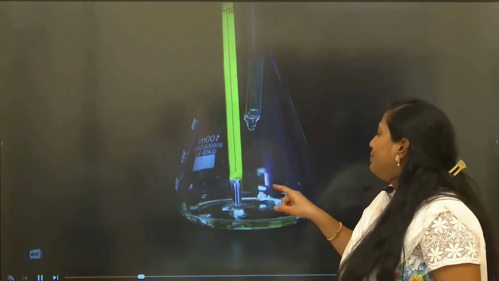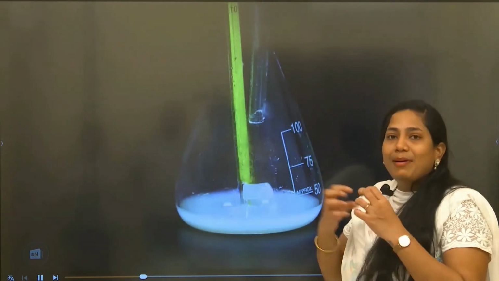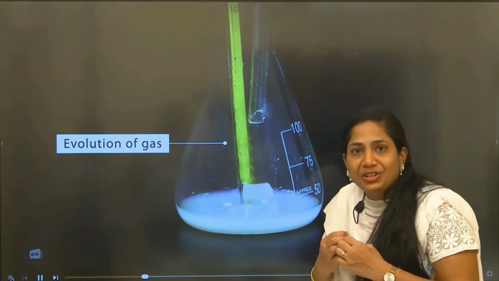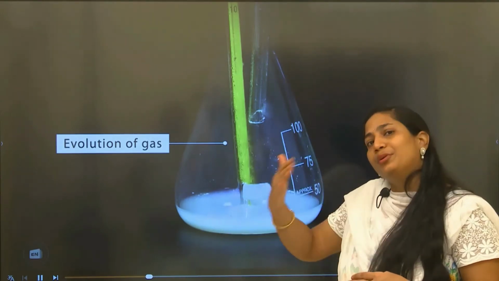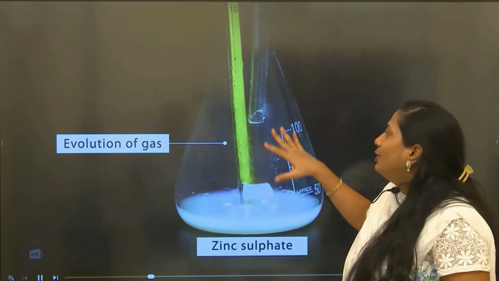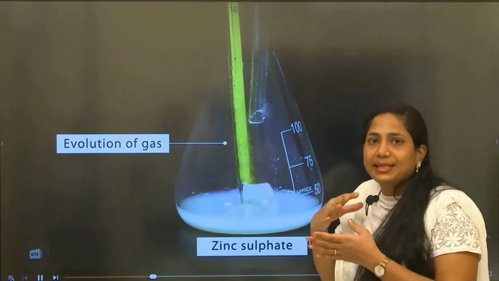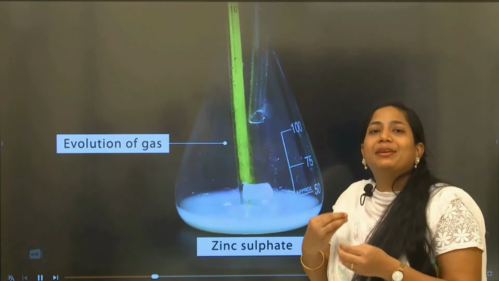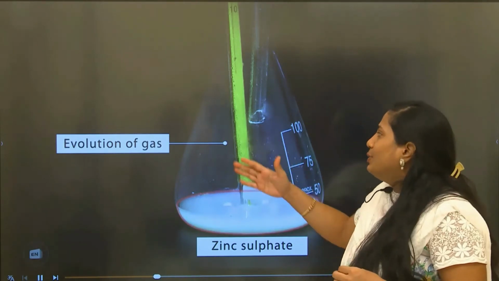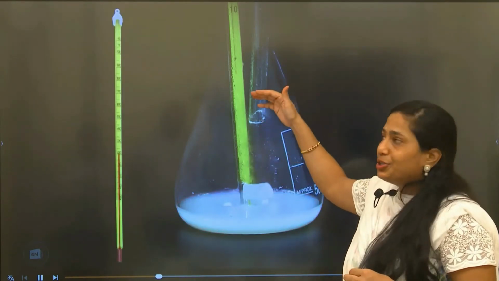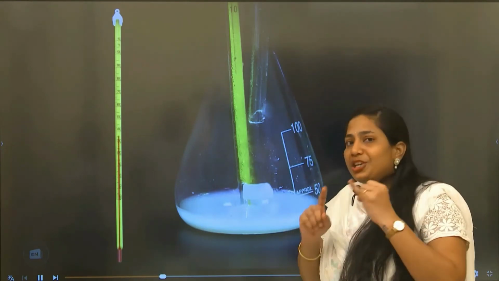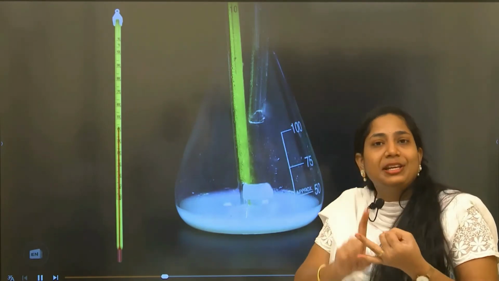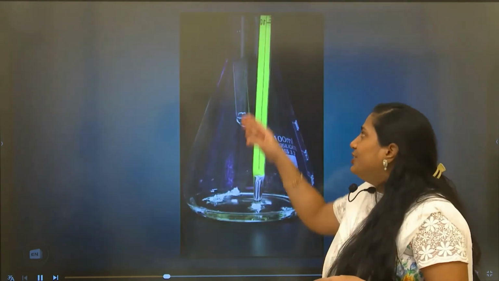The solid and the liquid combine, and you can see a change in the substance, which converts from blue-gray to white color. There is an evolution of gas happening inside, which is all due to the chemical reaction. This gas evolved is hydrogen, and there is also a rise in temperature. There is a change in the gas, a change in the chemical composition, and a change in the temperature.